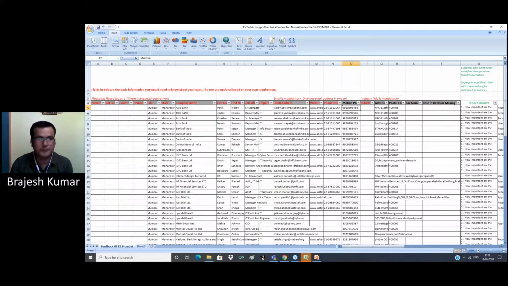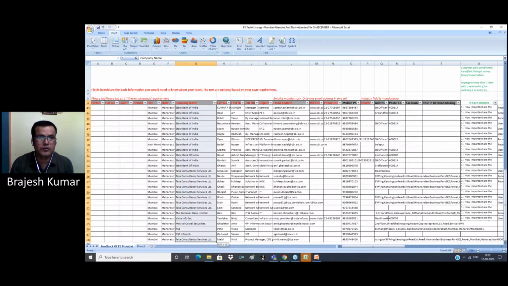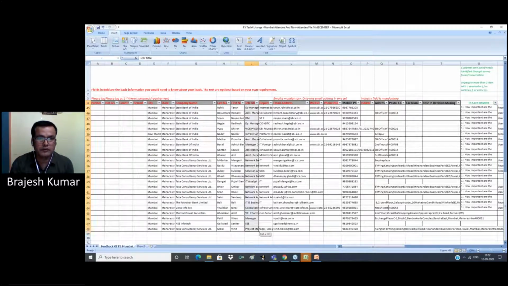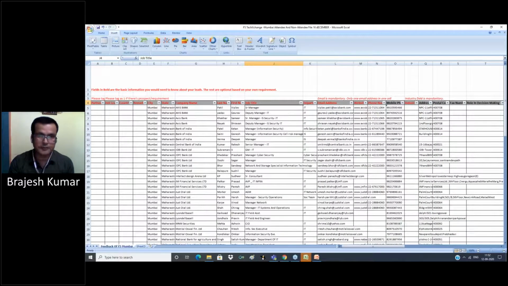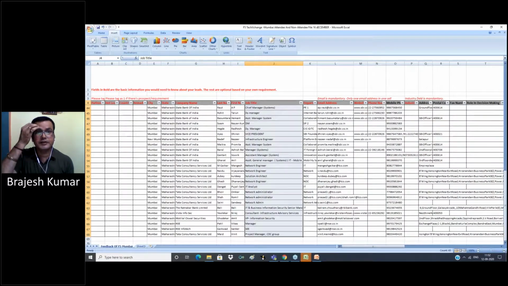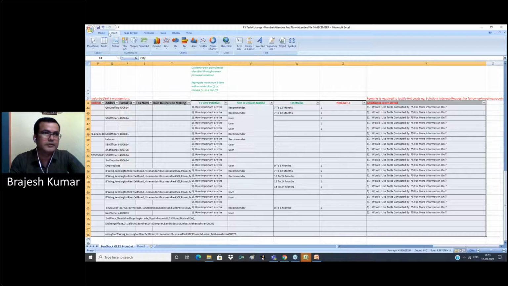Now we open this file and want to show the designation and level of the designation, the number of each designation: how many from the IT department, how many manager IT, how many CIO, how many VP attended this event. For this, we select all the data.